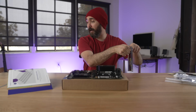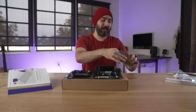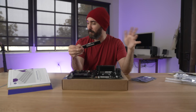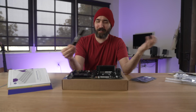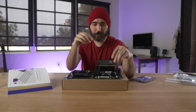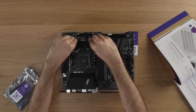This is going very step by step. I mean, this is like 6 steps that are basically just, here's how step by step to do each of these things. Open this part, hold this way, look at it again just to make sure you're doing it right. Really thorough and takes the time, which I appreciate. I'm sure someone who's done this a lot would probably just be like, oh, it's just put it in. Why is there any extra instructions needed? But honestly, I kind of dig that they took this much time with it. Yeah, and then just push it in firmly until you hear it click. So that's at least partially in, but then I gotta...